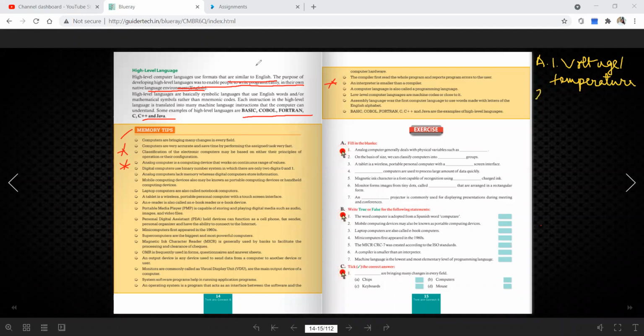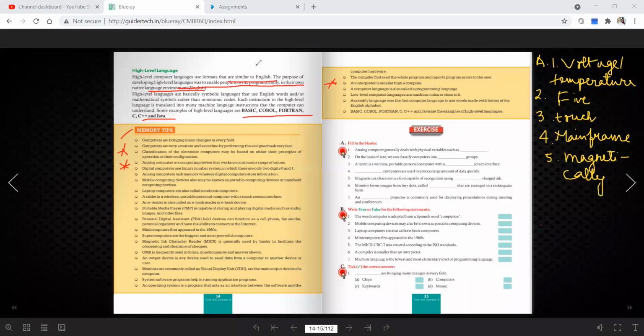Next, 2 is 5 groups. 3 is touch screen interface. 4 is magnetically.